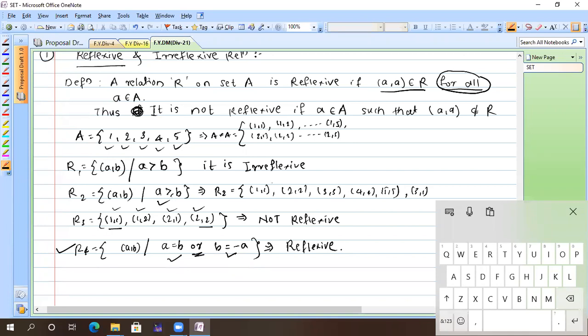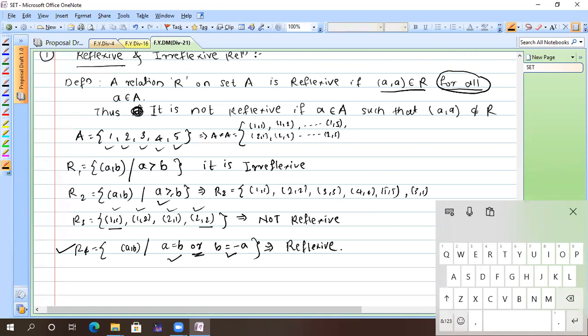We also have lots of elements: 3, 1, 3, 2, 4, 1. But I'm interested in only those elements. I'm not going to write down all the elements that belong to that R. My point is, if I'm discussing reflexive, it means I look at how many elements we have in the set. Here, 5 elements, and whether each of them is in that particular set or not. All elements should satisfy the condition.